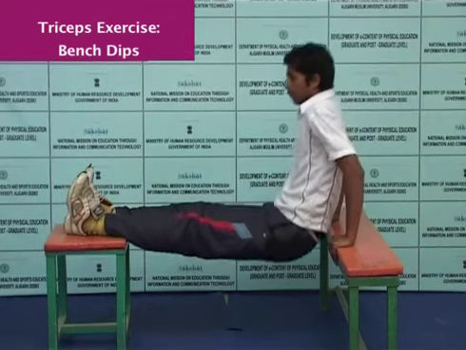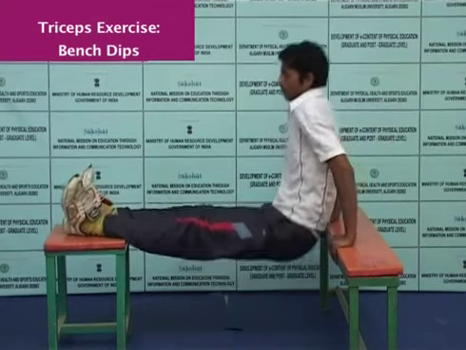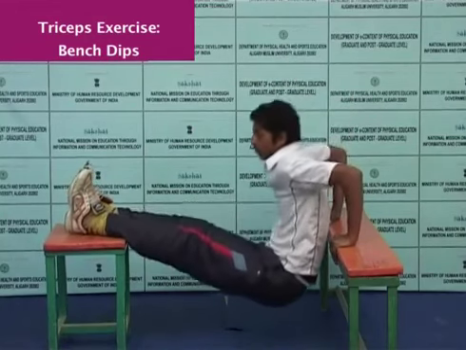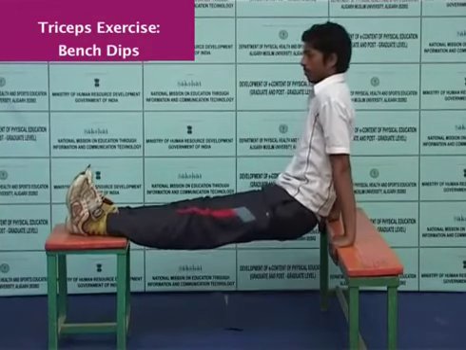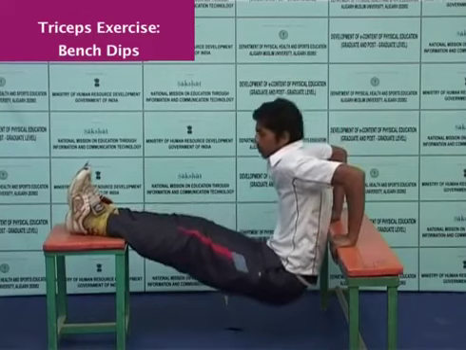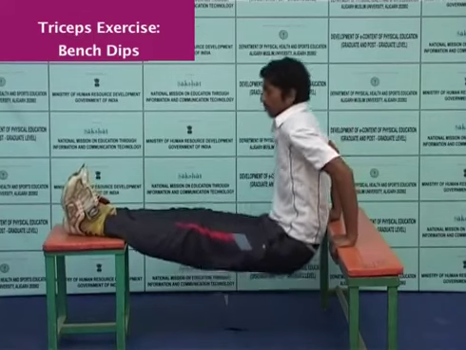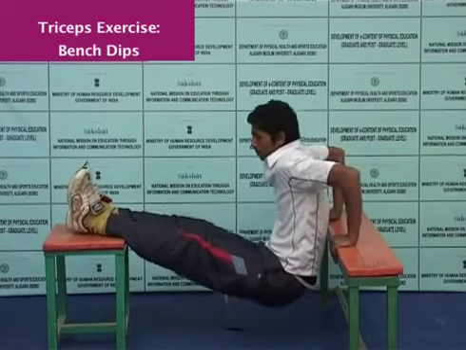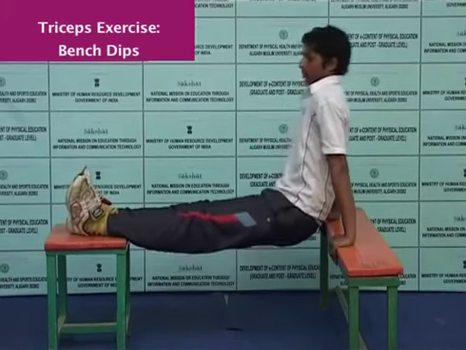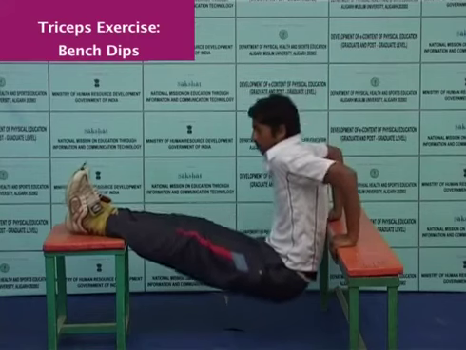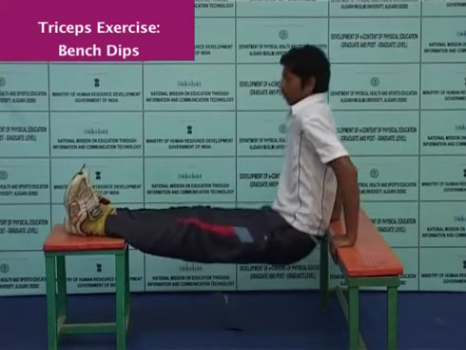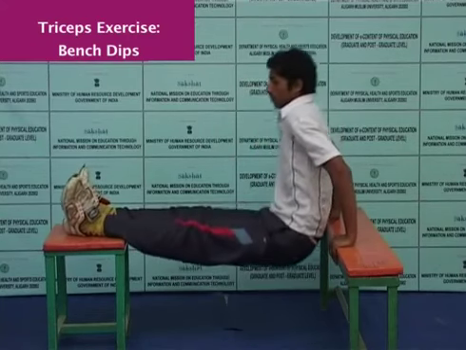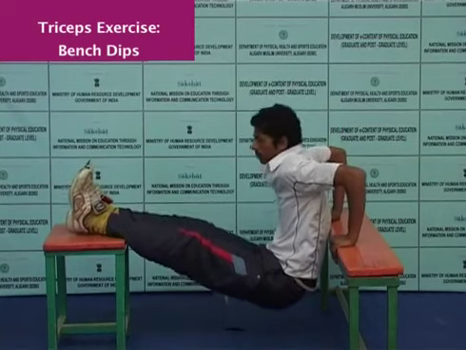Lower the body by bending the arms until a slight stretch is felt in the chest or shoulder, or the rear end touches the floor. Raise the body and repeat the same exercise. This is called the bench dip. It should allow the full range of motion. Either a stretch should be felt in the chest or arm. The lower side should go down till it touches the ground.